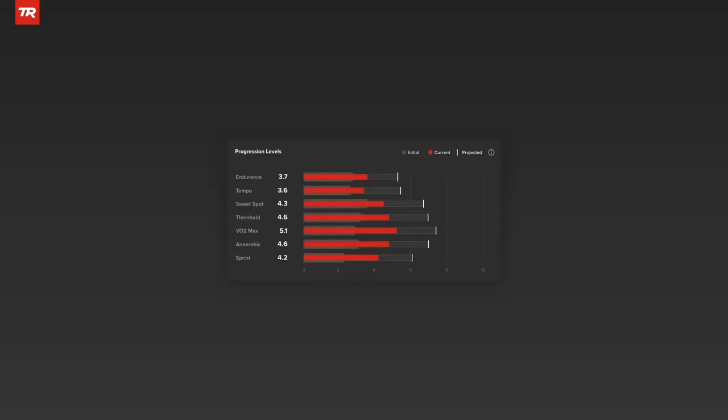Yes, Chad? Yeah, so basically we're chasing improvement in relevant energy systems. We're not chasing perfection in all of them. Yeah, exactly. Another way to put it, energy systems, we're kind of using that interchangeably right now with training zones and what your power zones are. Yes, sorry, just to clarify that.